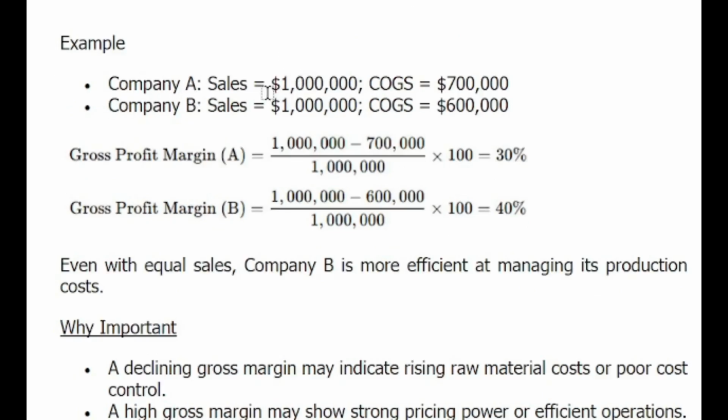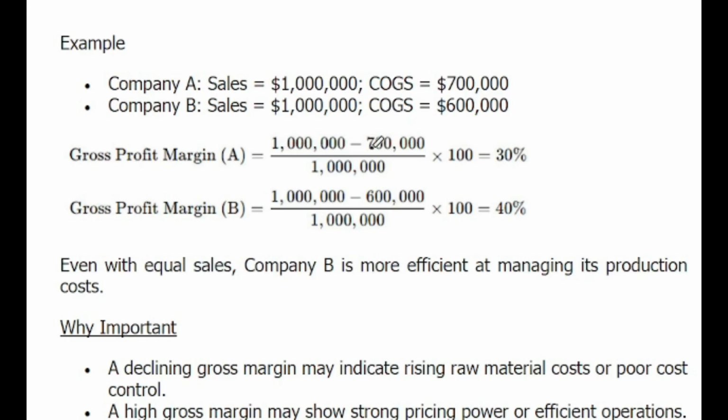Company A's sales is 1 million. Both companies have the same sales, that is 1 million. But the cost of goods sold for company A is 700,000 and for company B is 600,000. So in this case, the GP margin for company A